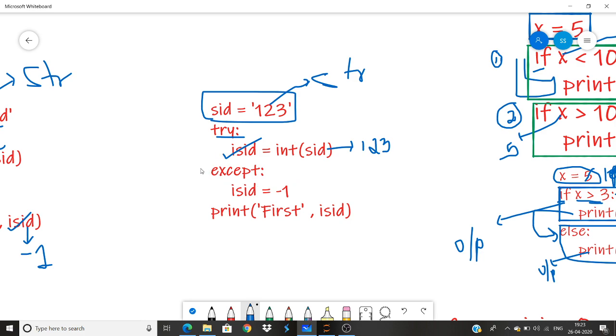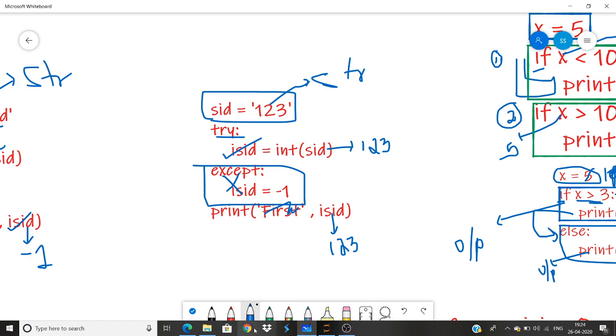So once this is done, this except block is not required. We'll just remove it, and we get our result as 1, 2, and 3. So this is where try and except come into the picture, just to prevent the traceback error, which I had explained previously while we talked about the types.